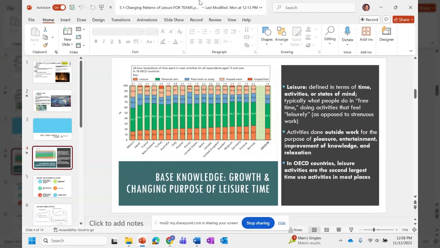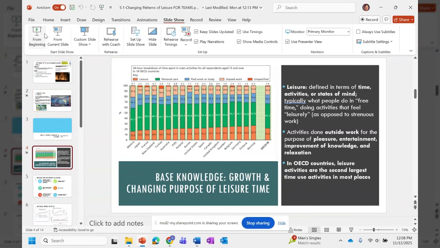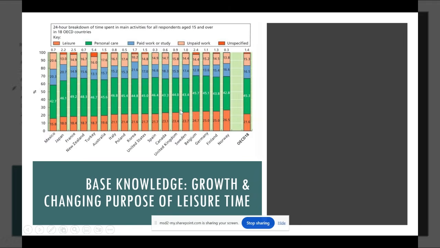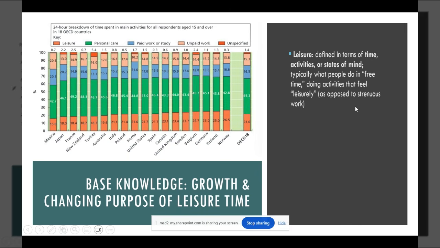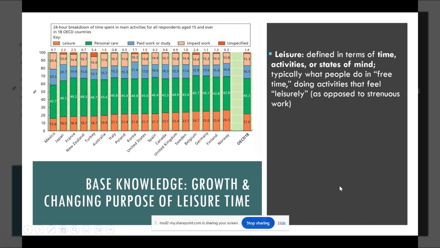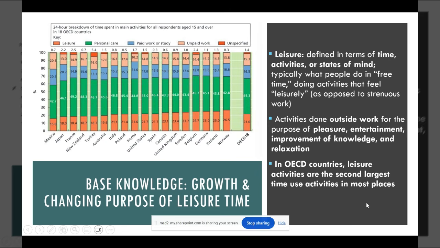All right, so first off, we had to define the big terms. Leisure activity is about things that you do when you're not working. They're leisurely. You're not in a hurry to do them. Then we looked at how it's growing over time. Overall, what we're seeing is that in OECD countries, at least, leisure is growing. In a lot of countries, especially middle-income countries, leisure time is growing the fastest.